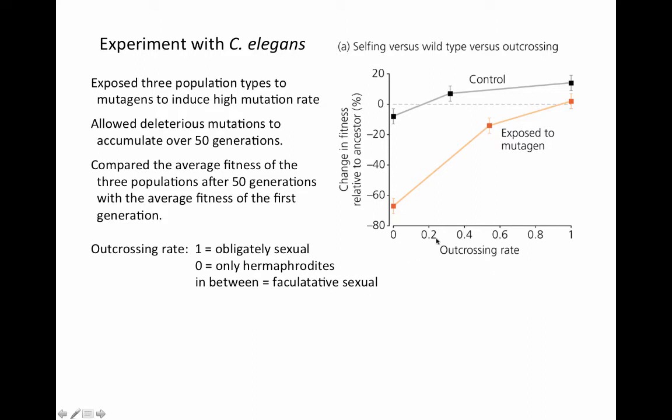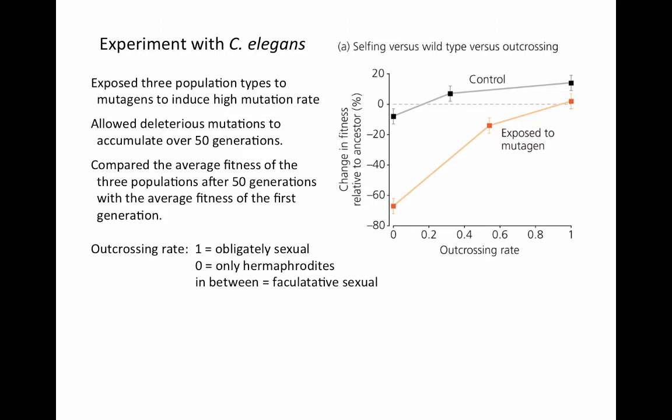On the x-axis, this outcrossing rate refers to the three different population types. So you see that there are 3 points on each of these graphs. One refers to the obligately sexual, so the outcrossing is 100%. All of the reproduction that's going on is sexual reproduction. So this is a population where the hermaphrodite females are unable to produce sperm. The zero outcrossing rate is the population composed of all hermaphrodites, so that mutation that kills off the males is